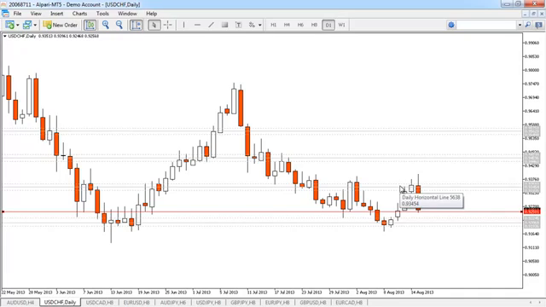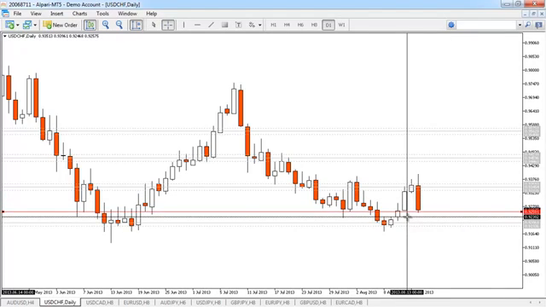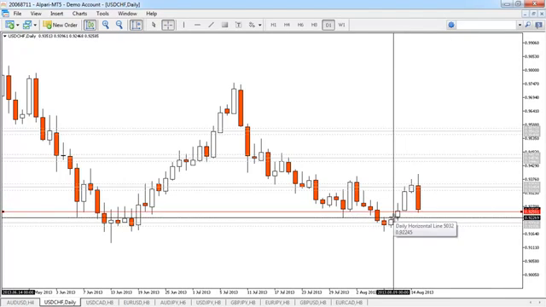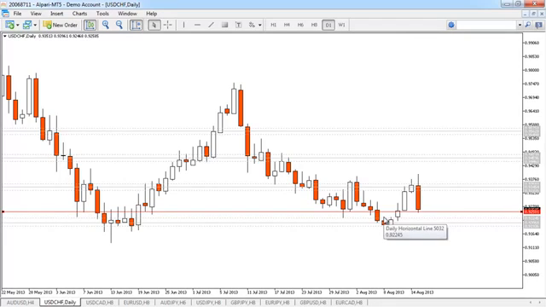So this is an alternative method. Sometimes you're going to have to improvise, and sometimes you're going to have to wait for the retrace to enter your trade. So yeah, this is an alternative method for entering a reversal trade. But always try to get in at the high of the indecision candle, or at the low of the indecision candle if you're trading a short,